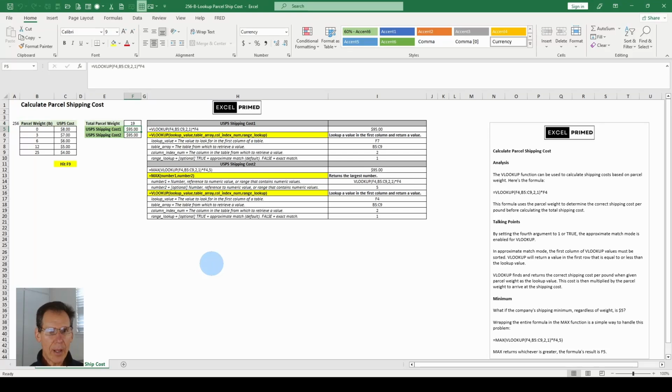Let's say we have a package we want to send. We want to figure out the costs. How do we do it? Well, I'll show you. Using the VLOOKUP feature, along with a little creativity, we can figure out the shipping cost